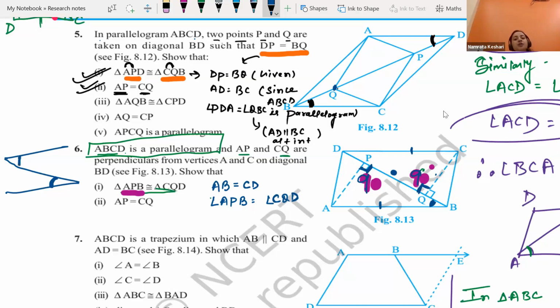And here also I am going to write the same thing, that angle B over here is equal to angle D over there. But now we have to check also, is any congruency criteria getting fulfilled? So angle B over here is equal to angle D over there, alternate interior angle. But now the concern is whether any congruency criteria is working now. Whatever we have made the list,